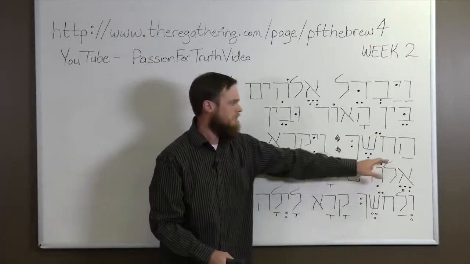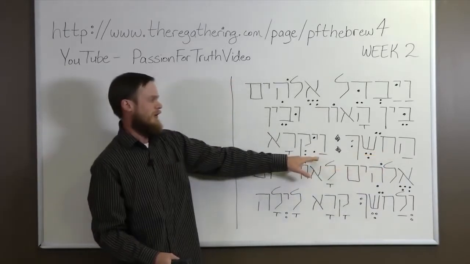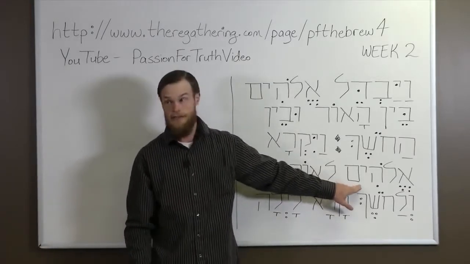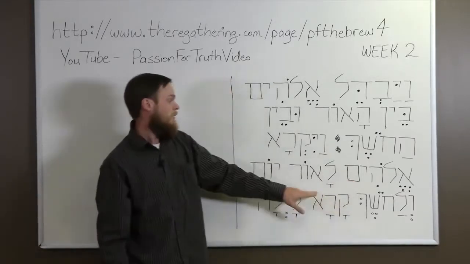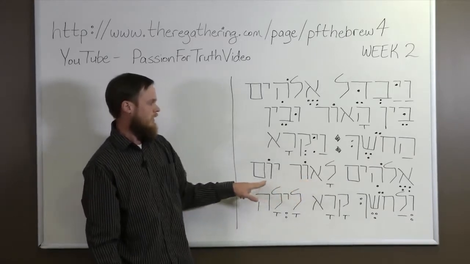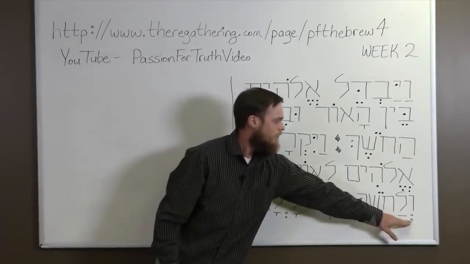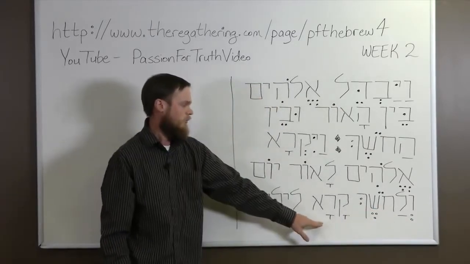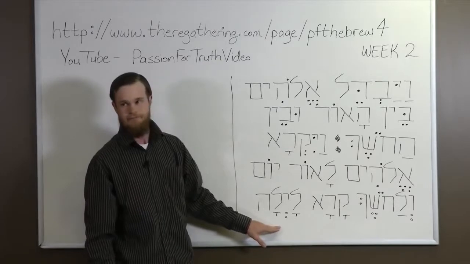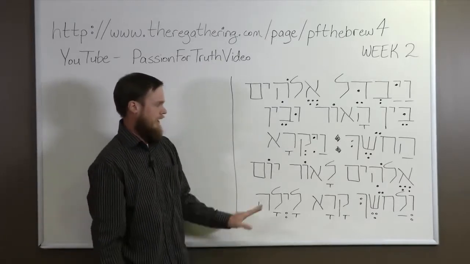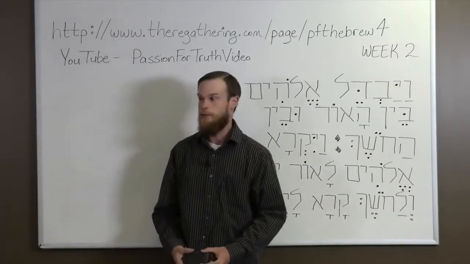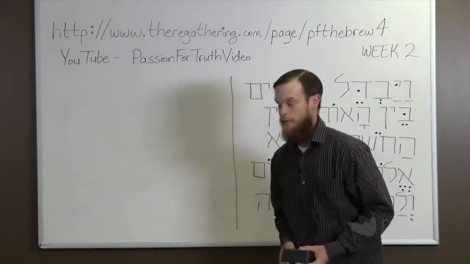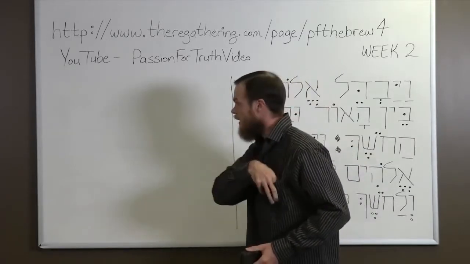Sometimes they're combined. Ha-choshech, vayikra, Elohim, lots of Elohim in this Genesis 1. La-or, Yom, V'la-choshech, Kara, Laila. Okay? And then there's the other half of verse 5, but due to space constraints, I will write that down later. Okay? So